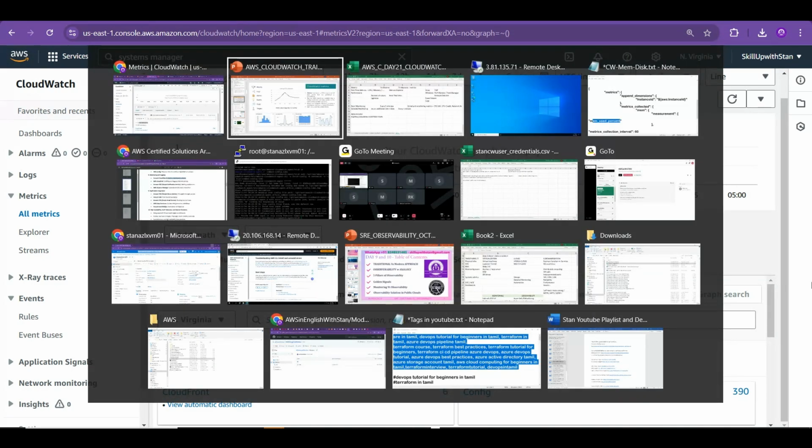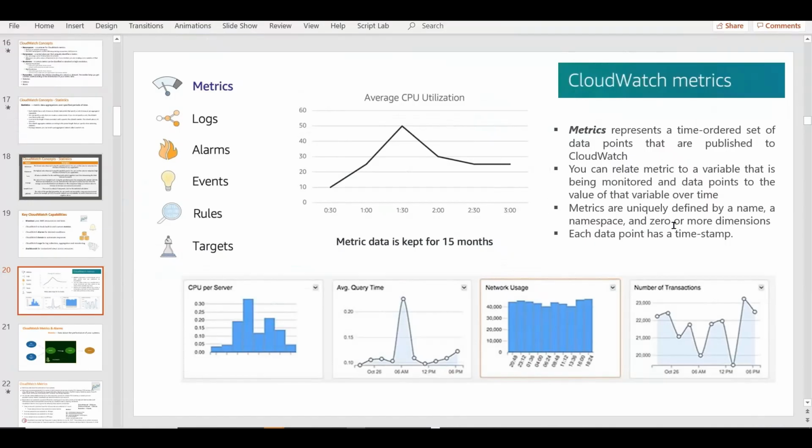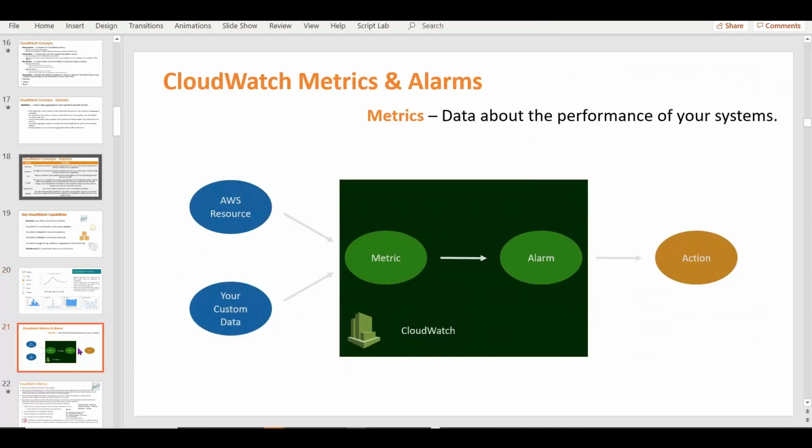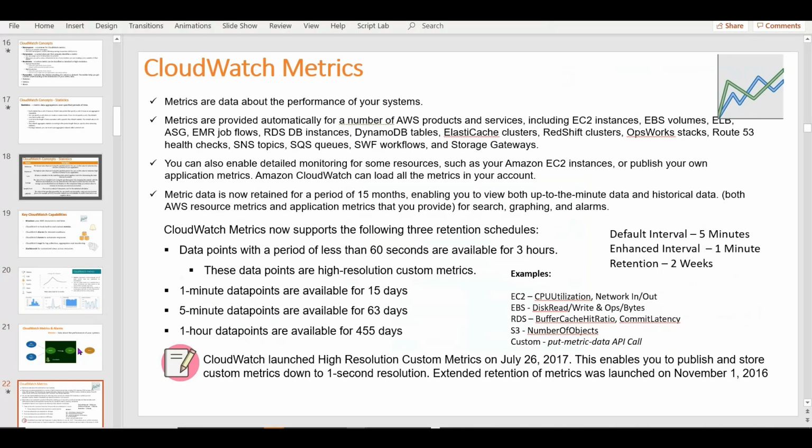So namespace is a collection of different metrics for a specific area, specific servers, or specific application or specific custom stuff. You can also go and create your own metrics or namespaces. Namespaces are groups of metrics that can be for a single server or a single application, or it can be for a specific AWS service like EC2, RDS, or S3. AWS provides you a lot of native metrics for a lot of different services. Almost all the product and services performance could be monitored using Amazon CloudWatch metrics, and the default